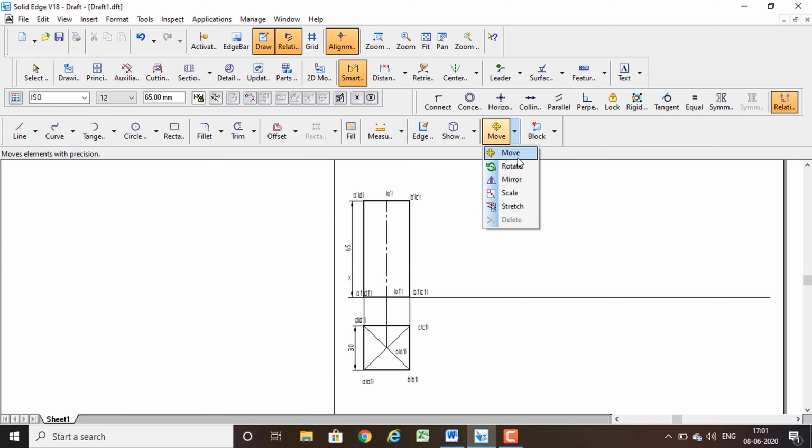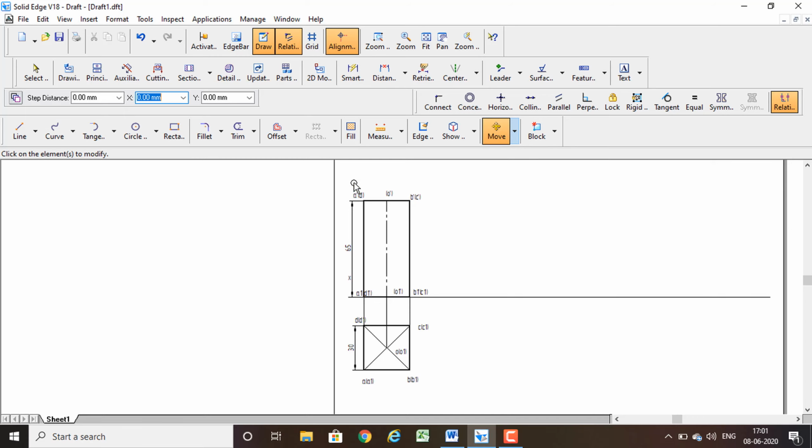So first I am going to use which command? Move command. Select this entire object including the namings. Okay, see, you can see click for the point to move from. So I need another duplicate copy, so therefore this must be in on condition. Click for the point to move from. See, always you need to hold it from the end point. So I am going to hold it from b1 dash, click, and I am going to place it over here. Okay, so that is the move command.